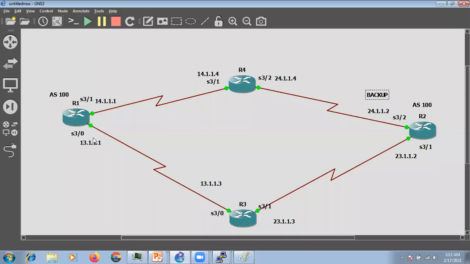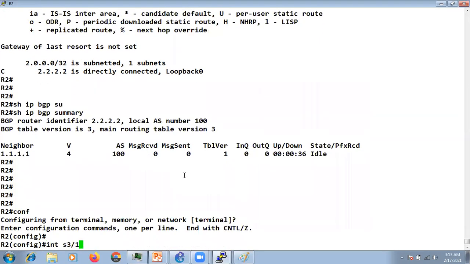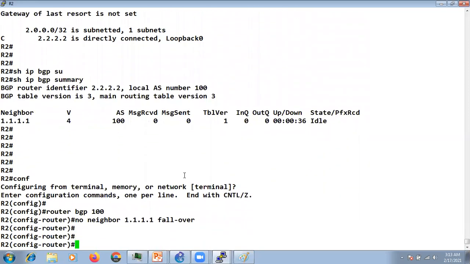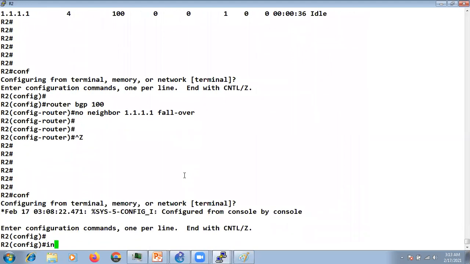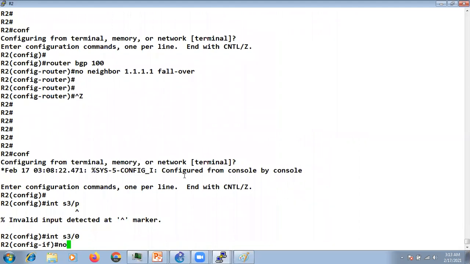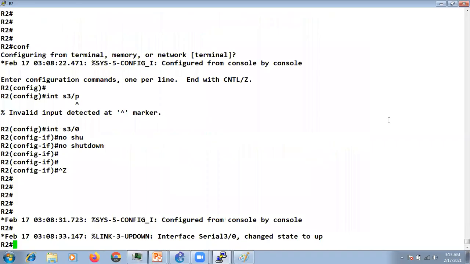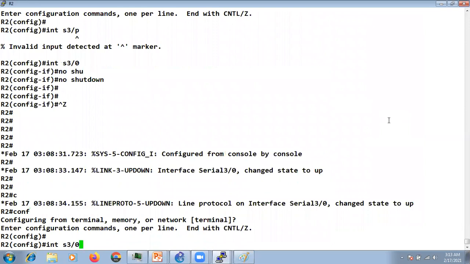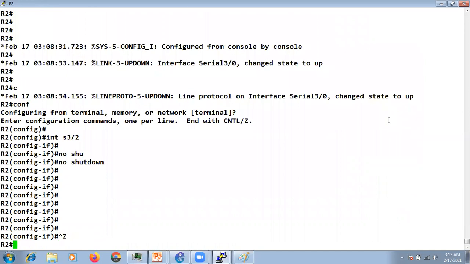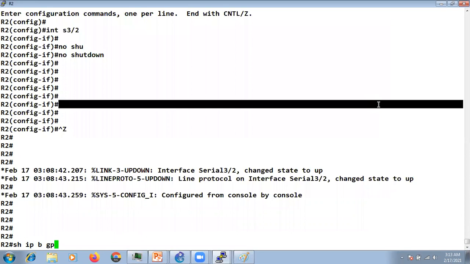Let's keep this link shut. Now this link is shut and this link is also shut. Now let's try to remove fall-over and then test it again. Neighbor fall-over, I'll say interface serial 3/0 shut. Sorry, it's 3/2. 3/2, I'll say no shut. Now it's up.